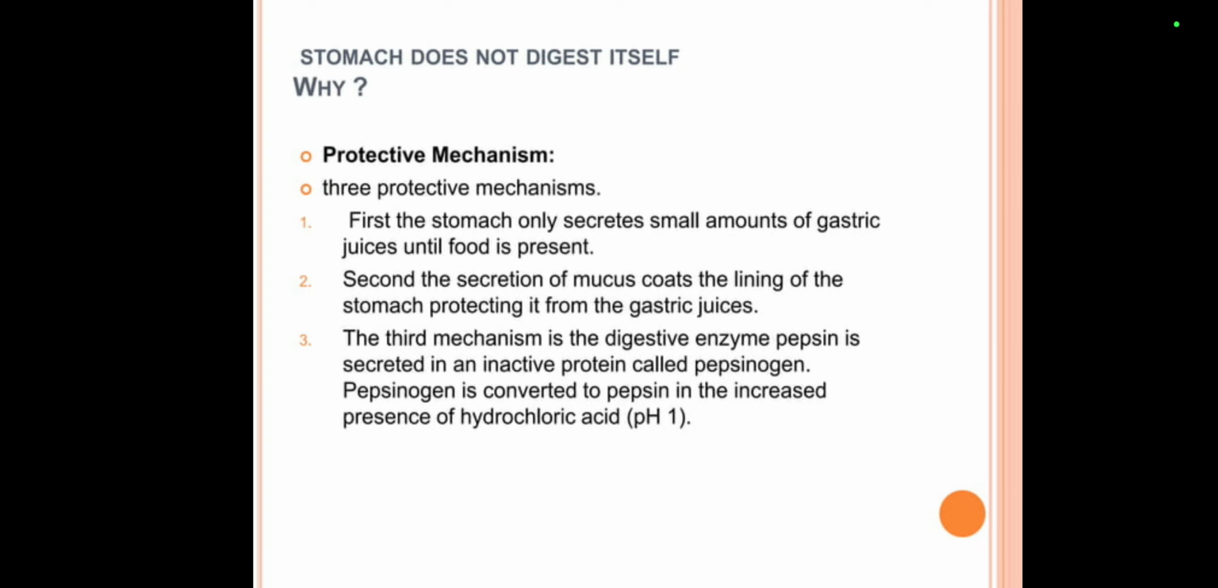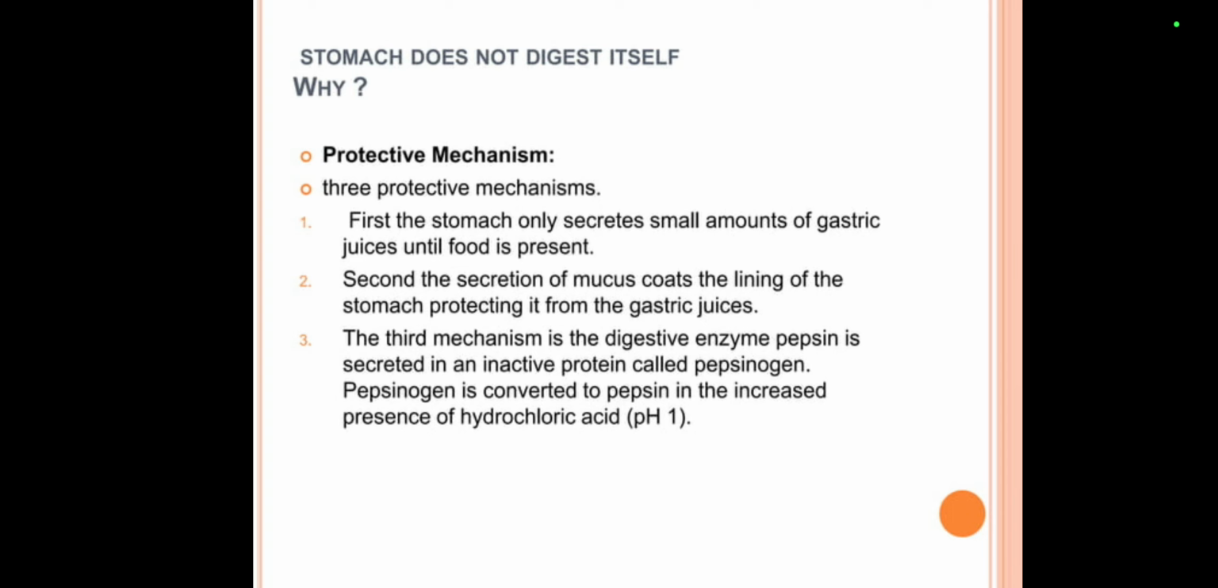There are 3 protective mechanisms. First, the stomach only secretes small amounts of gastric juice. Second, the secretion of mucus coats the lining of the stomach, protecting it from the gastric juices. And the third mechanism is to digest. The digestive enzyme pepsin is